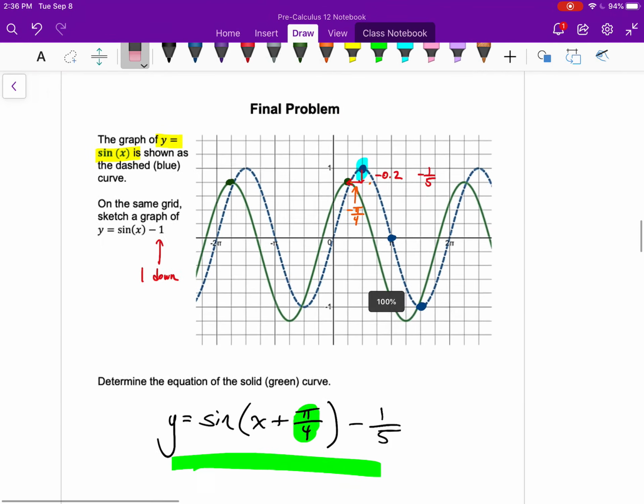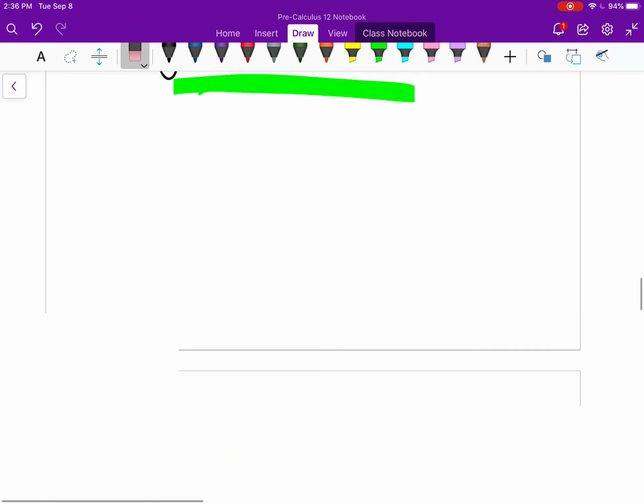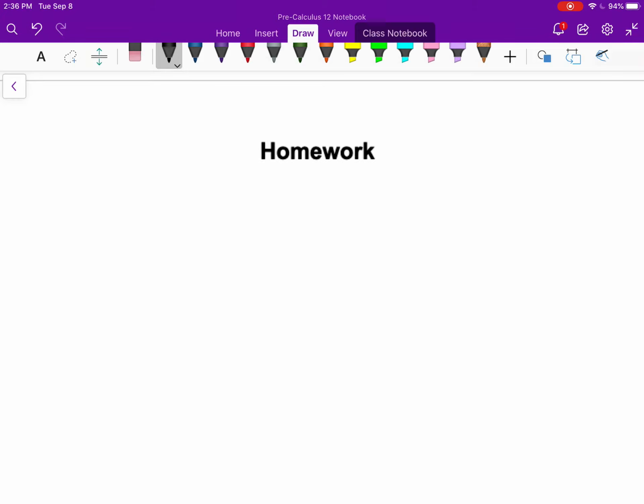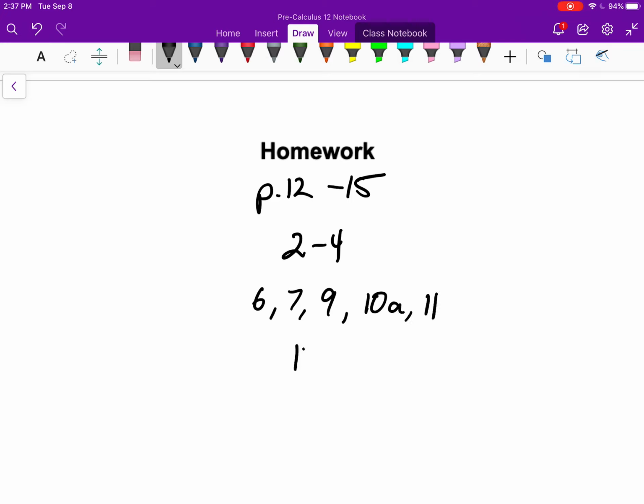All right, so before I end this, keep in mind the homework for this you have already, but I'll still write it down this time. So this is from your textbook, so not from the Pre-Calculus 11 textbook. Remember, the homework is broken up into different sort of difficulties. And just like any other textbook you've had in a math course recently,